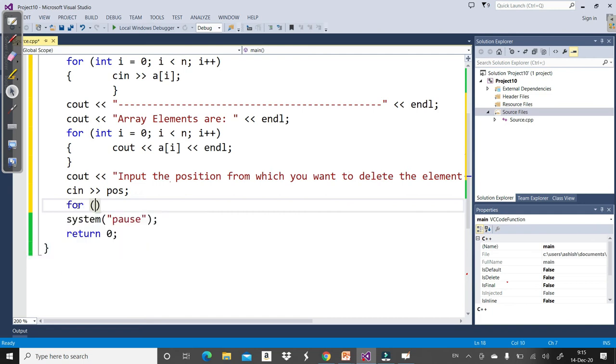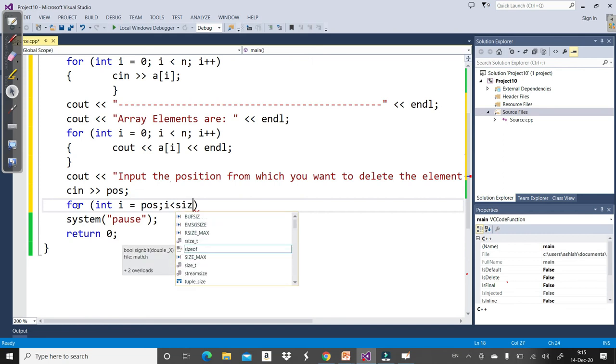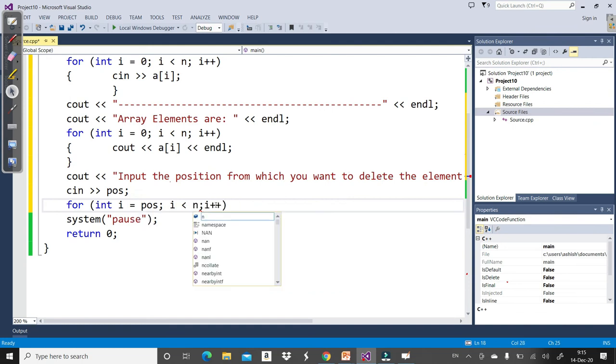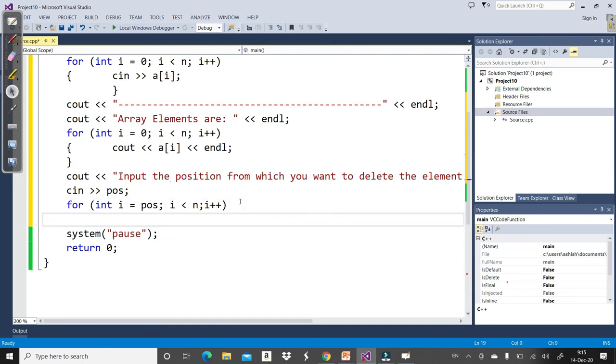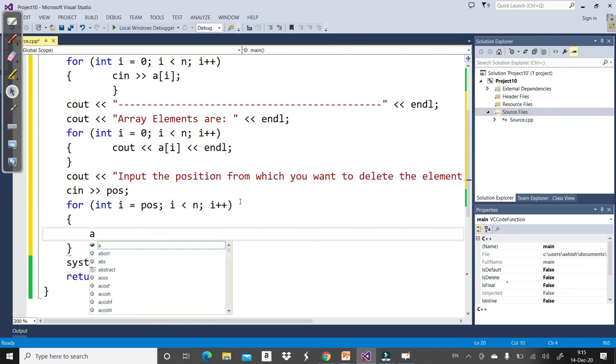So for int i is equal to position, i less than n, because we don't have size, we have n, i plus plus, A[i] is equal to A[i+1].